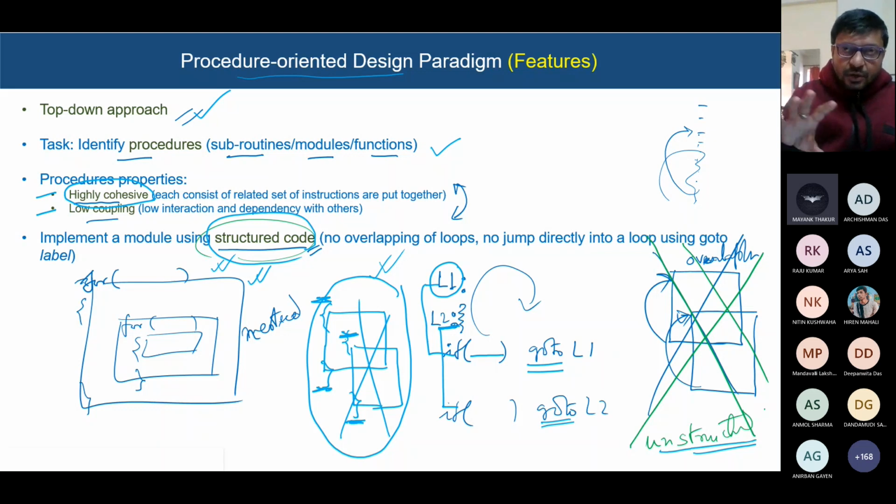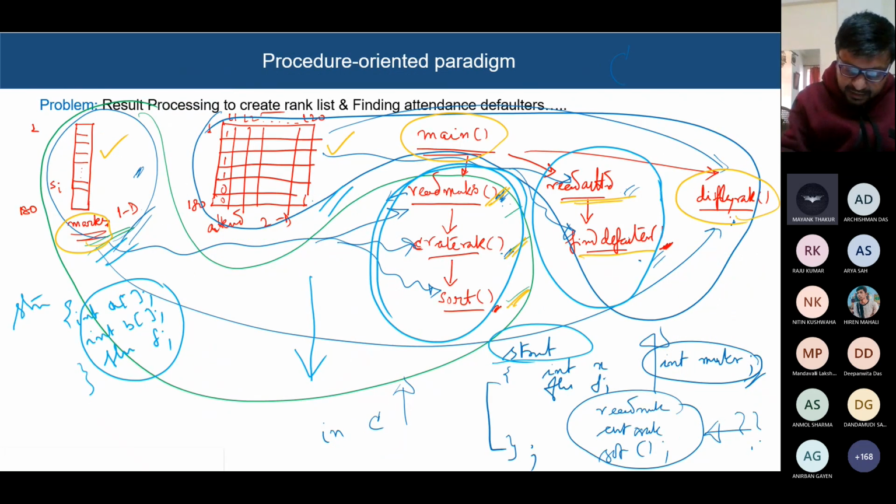You have to organize the data in such a way that your procedures are low in coupling and highly cohesive. If in the previous example you put everything in the main, that means it is not very cohesive code. You end up with a single program with a single function that includes almost everything inside. So it becomes difficult to debug, difficult to read,